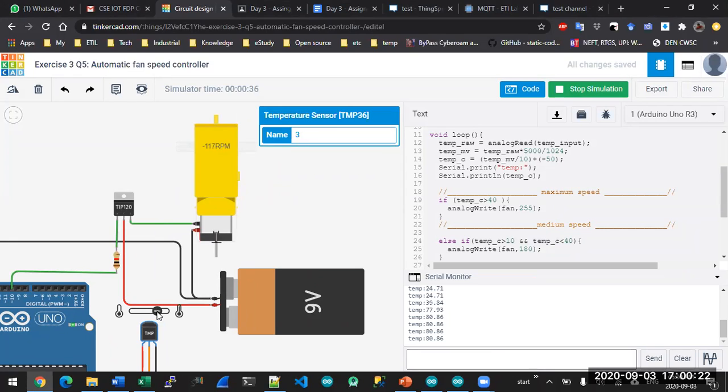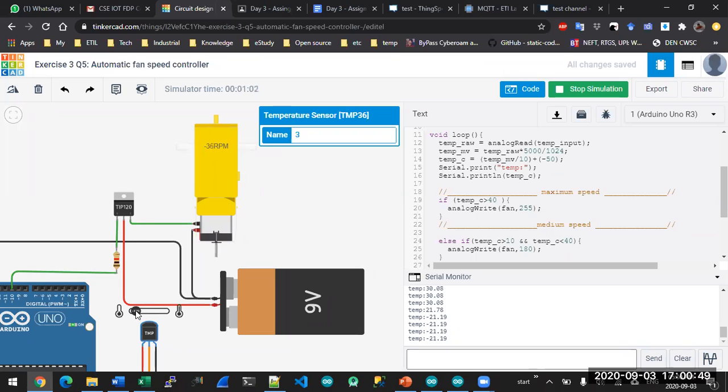Okay, and now I will again decrease the temperature. Now it is between 10 and 40, so the speed has decreased to 84, 85 like this. Now I'm decreasing it below 10. It is currently giving temperature as minus 21.